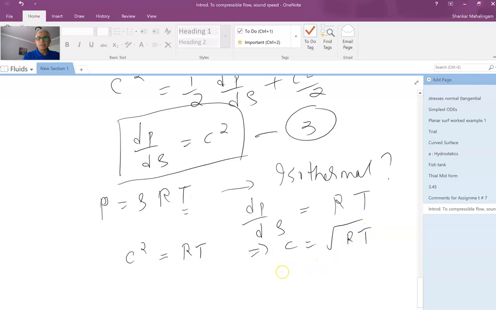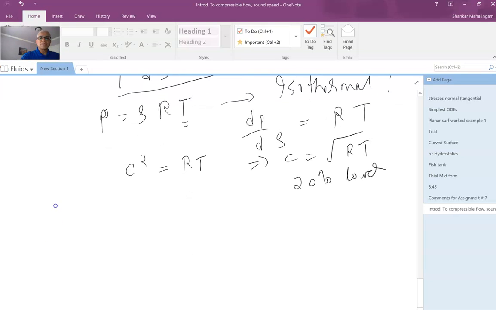It turns out this result gives me a speed of sound in air which is actually about 20% lower than the actual speed of sound in air, right? So something is amiss with regards to this assumption. It turns out the right assumption to make is that it's an adiabatic reversible process, or actually an isentropic process, right? So the correct assumption to make is that sound propagation through a medium is essentially an isentropic process,